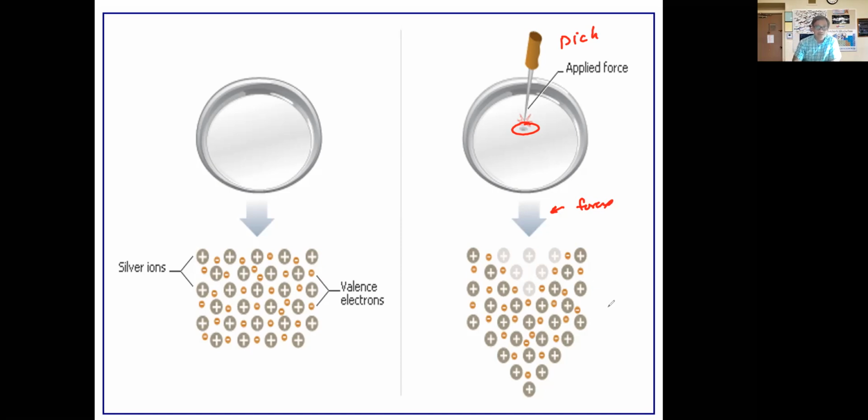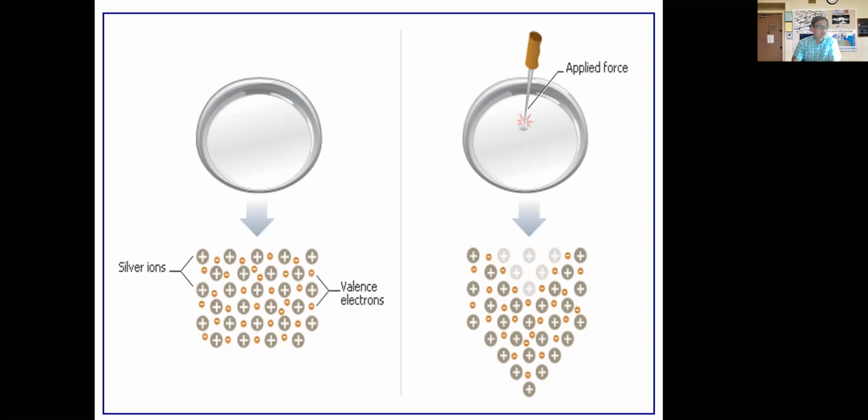So yes, there is a limit to this, but up until that limit, the metal does not break because of this very fact: the electrons move along with the nuclei. Okay, so we see that here. The electrons move along with the nuclei, and they keep the nuclei separated from one another. That happens within a limit, and we can observe that on a macroscopic level.